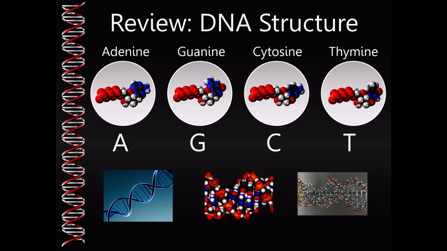The primary difference is that the A and the G molecules are a little bit larger. They have an extra ring of molecules that the C and the T don't have. But notice they're quite similar but different enough that they are unique and can form the backbone for this genetic